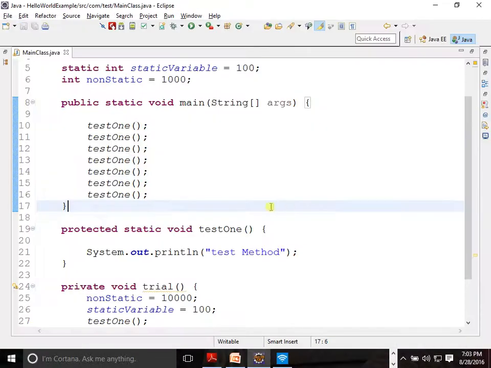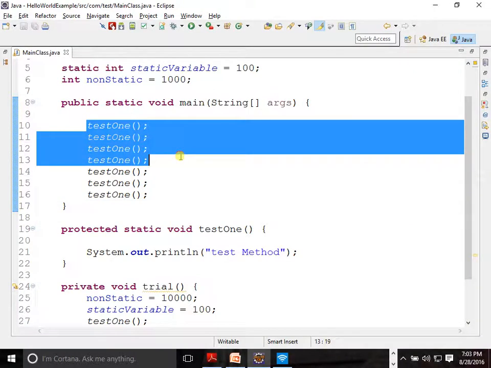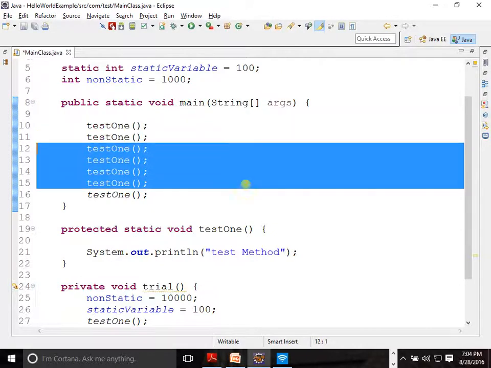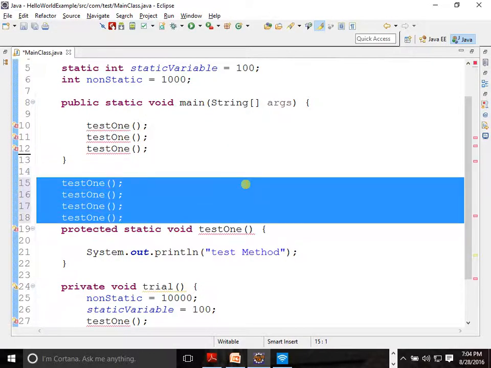Suppose I want to copy these lines, but in your Dell laptop, if I do Control Alt Down, what happened? My screen is rotated. So it does not work here in some of the laptops, but we have some alternatives. So what you can do is just Alt Down. What is the shortcut? Alt Down. If I keep on doing Alt Down, see, it will keep on coming.